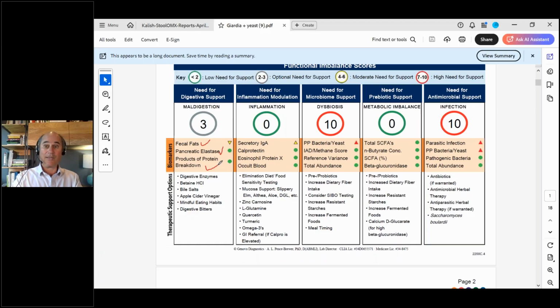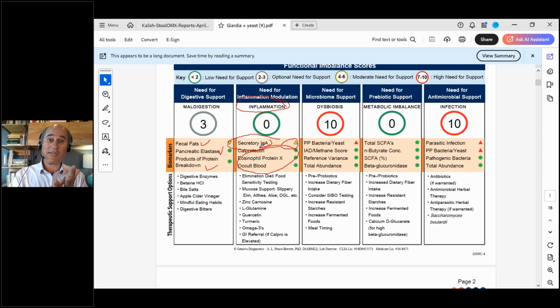The other organs would be related to inflammation in the intestinal tract and the immune response. And here your SIgA is high, so there's a problem with the immune response, and there's not a lot of inflammation. So remember, it's stomach acid production, pancreatic enzyme production problems, gallbladder, not enough bile.